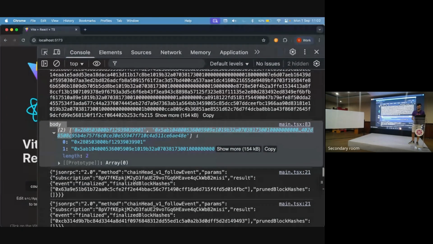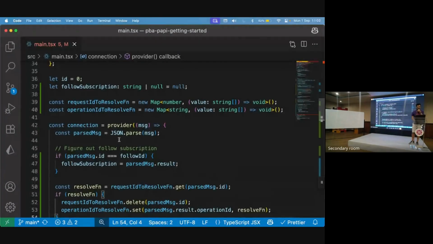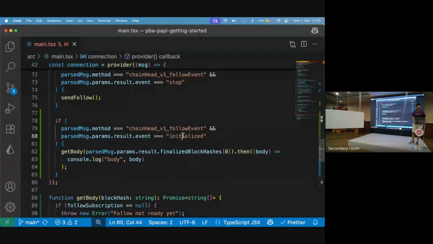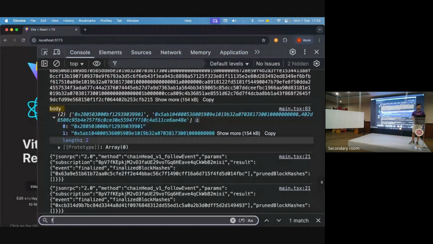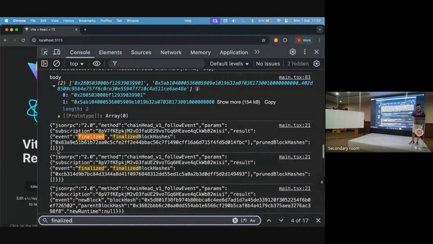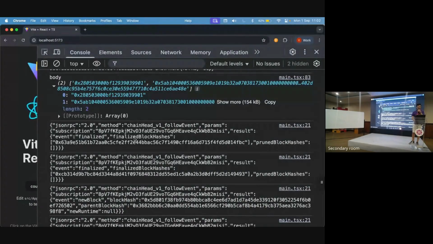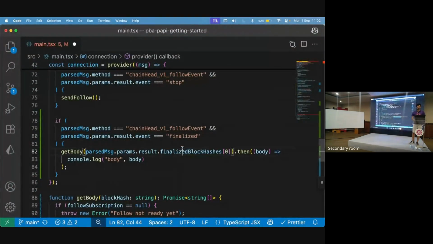So if I do that, instead of on initialized, I do it on finalized. And let's see, because I don't know by heart, finalized. So event finalized, and there are these finalized block hashes. There are multiple ones, so I can do